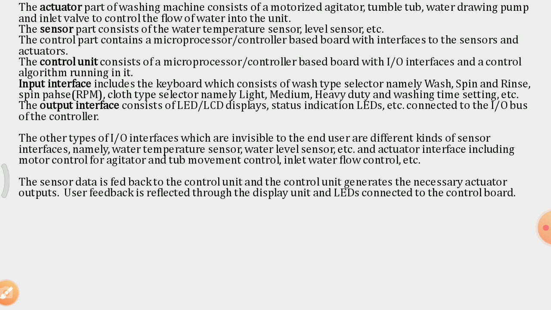So this is specific to one application. That is, a washing machine is going to spin and rinse clothes for washing. It is a specific task. It will not do other work or other applications like a microwave oven, which cannot be used for washing, and the washing machine cannot be used as a microwave oven.